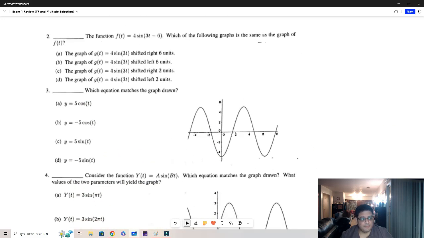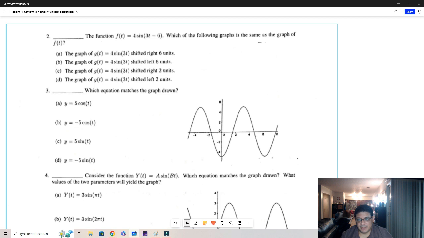Now, question number 2. Question number 2 says the function for sine of 3t minus 6 is f of t. Which of the following graphs is the same as the graph of f of t? And so we have for sine of 3t shifted right 6 units. The graph of g of t for sine of 3 of t is shifted left 6 units, and 2 units to the right, 2 units to the left. So if you take a look here